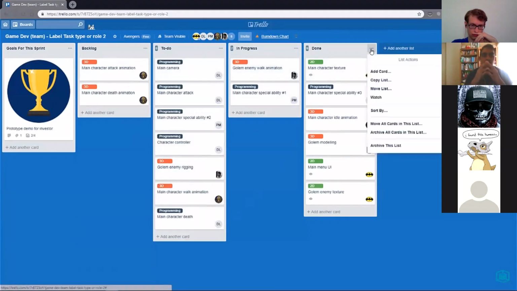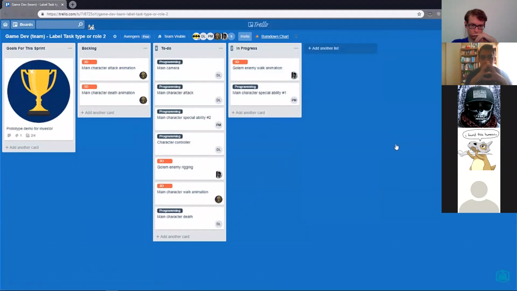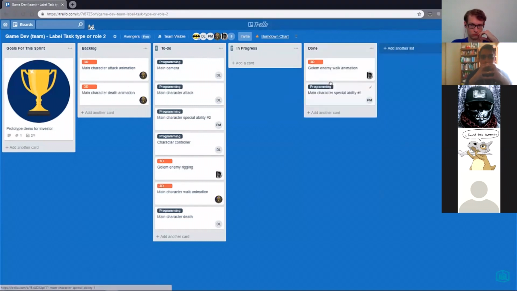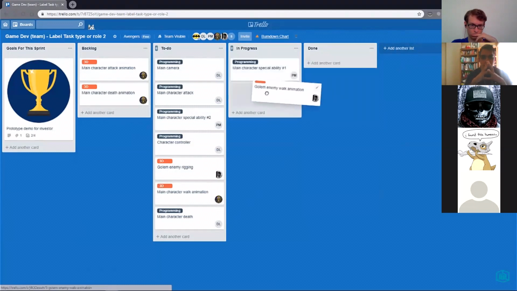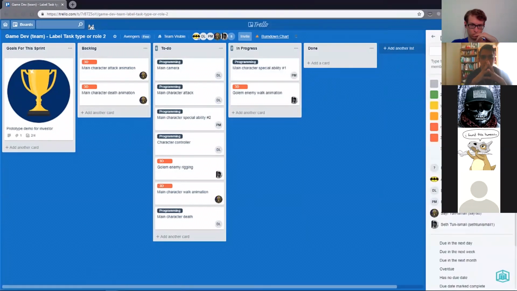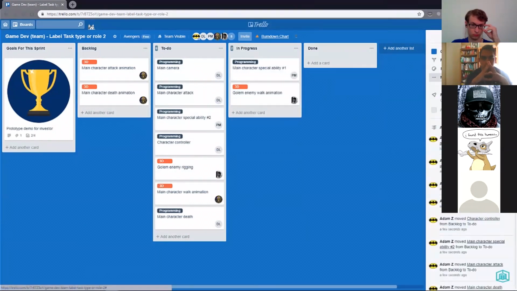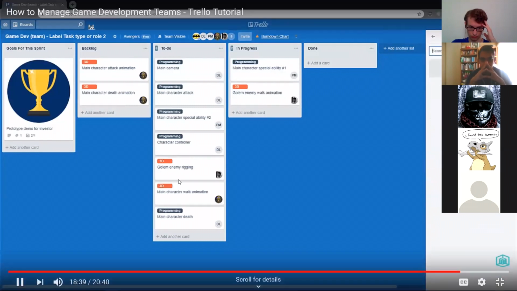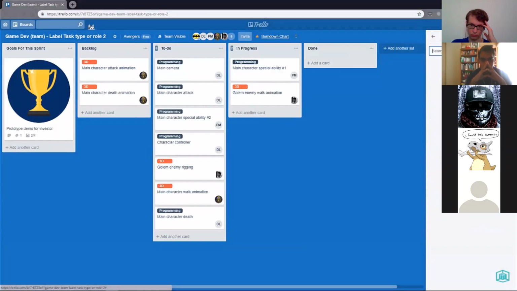To make things cleaner, you can also archive everything from this list. So then from there, you can create a new done list so that you have a cleaner done list for this sprint and you won't be confused with what was done in the previous sprint. Don't worry, in Trello, you can always recover things that you have archived. If you go to the menu and click on More, and then click on Archive Items, you can see that there are things here when you click on Switch to Lists.